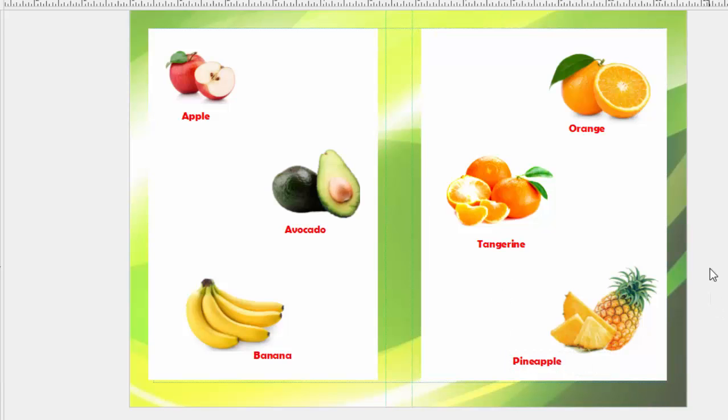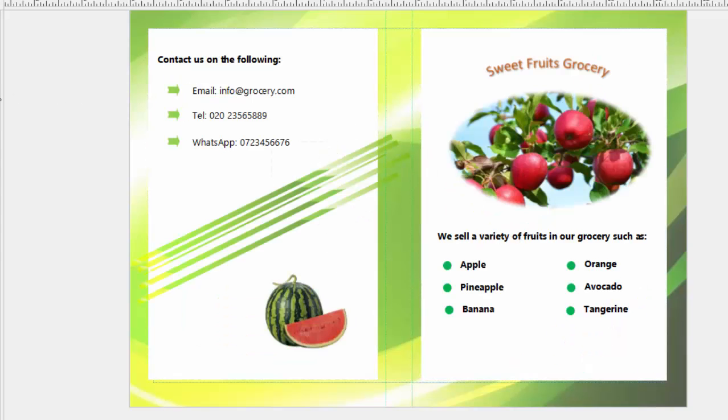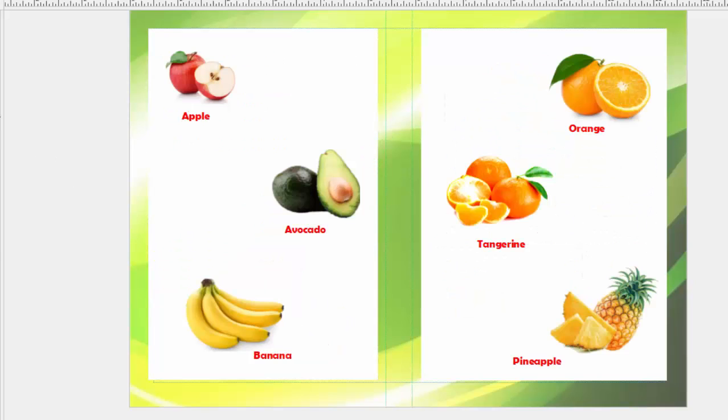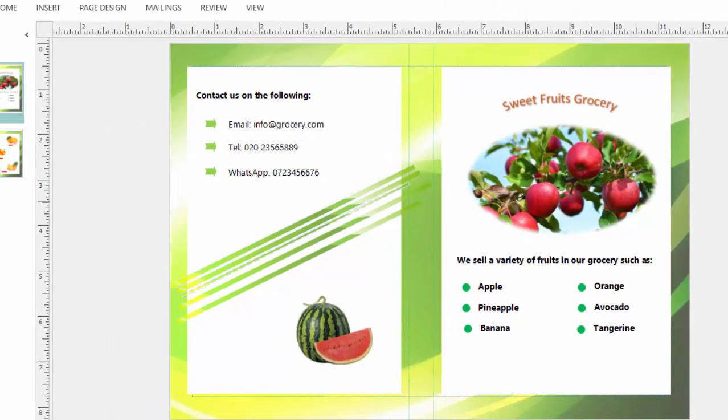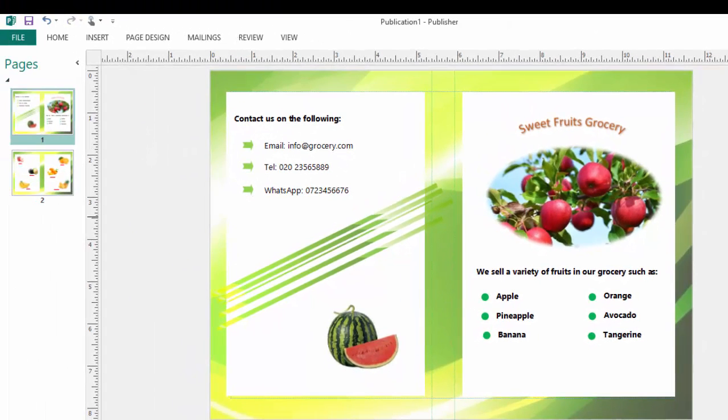Just like that. So this is the inside part of my marketing brochure, and page 1 is the outer part. The outer part has the front page and the back page, and I have the inner part with 2 pages, left and right page. This is how you make a marketing brochure easily using MS Word, MS Paint, and MS